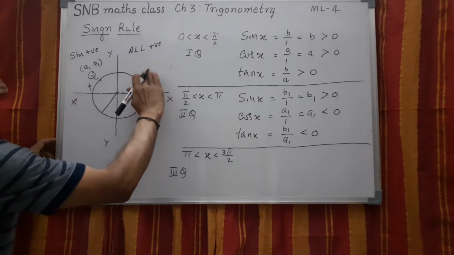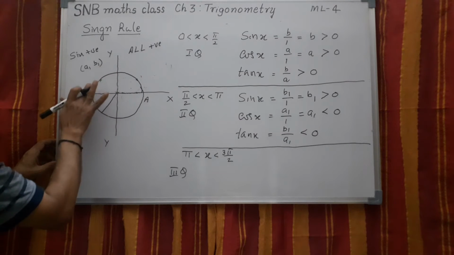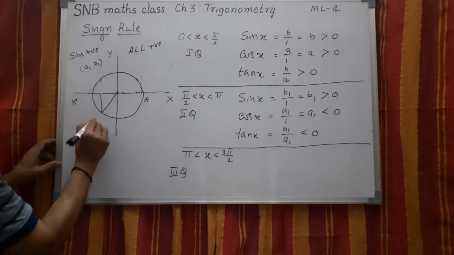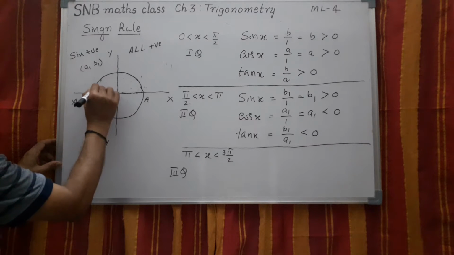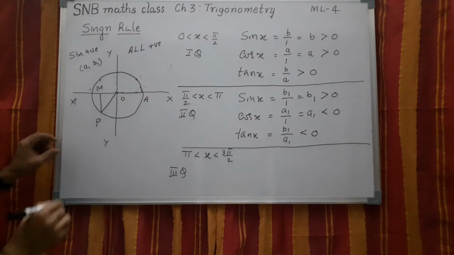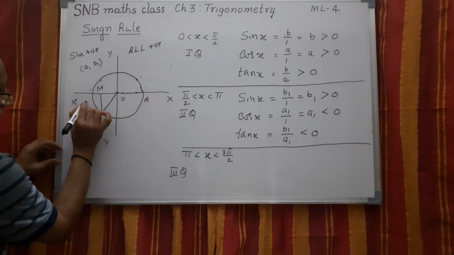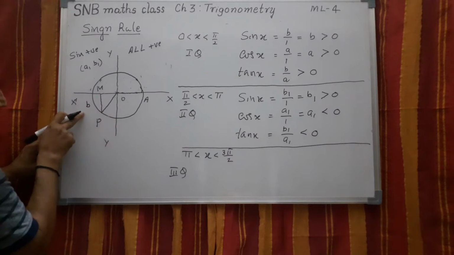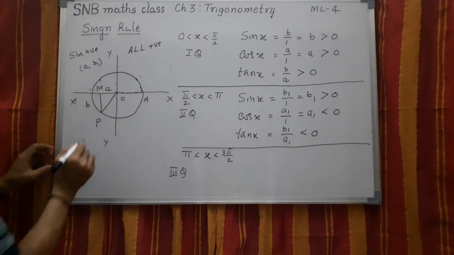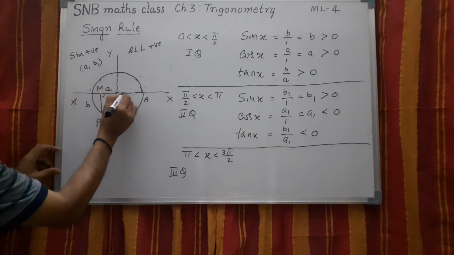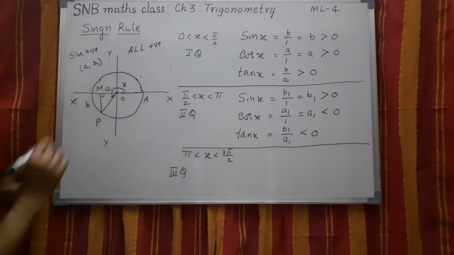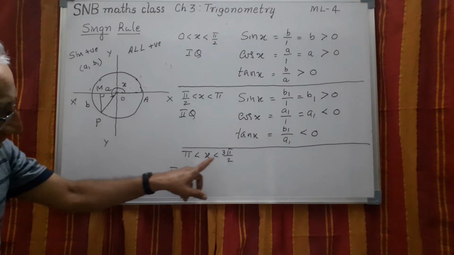Now everything else you can remove, this also is not necessary. So now, as before, draw the perpendicular. This is P, this is M, this is of course O. How to define sin? If it is B here, this is B, the Y value, and this is A. Here I need not take A1 B because I have removed the remaining diagram. So this is the perpendicular, and this is the angle. Please note, not this angle, this is the angle x.